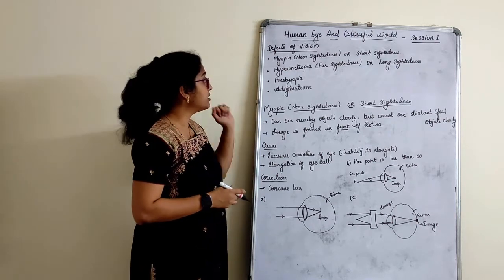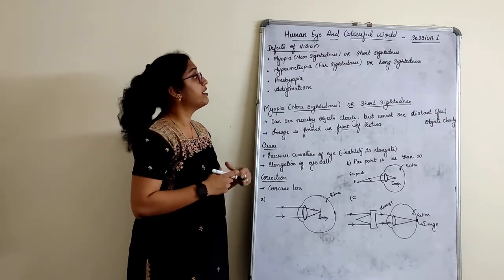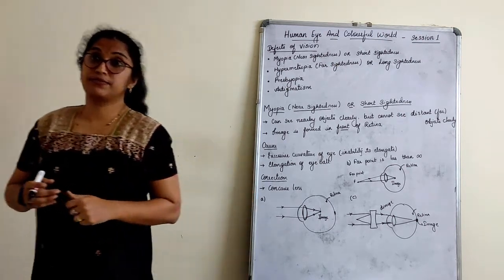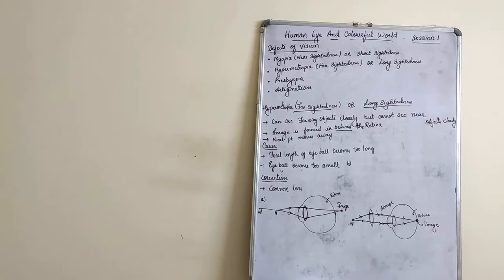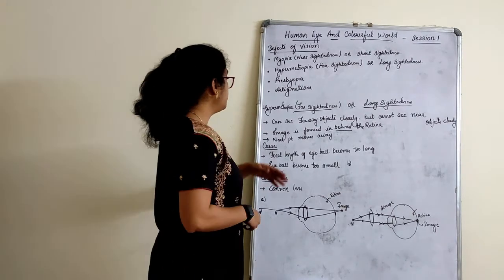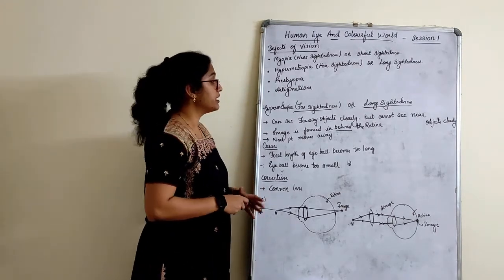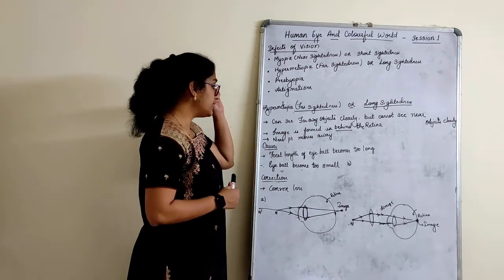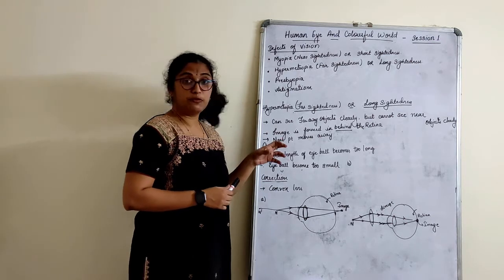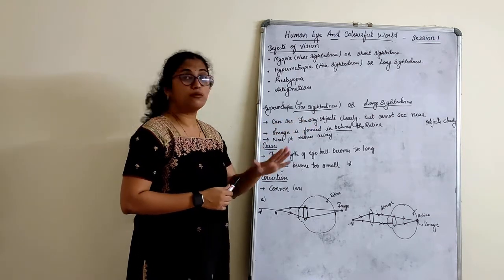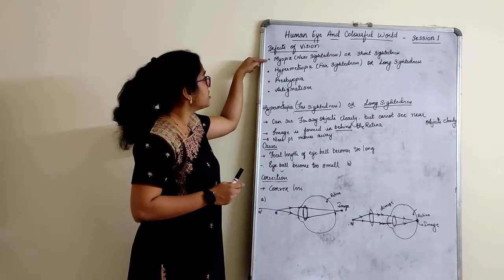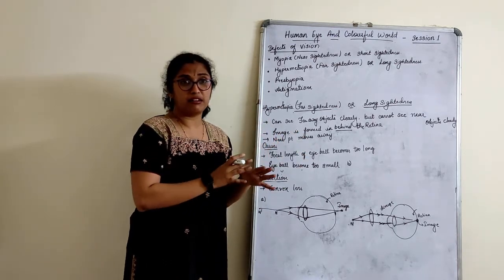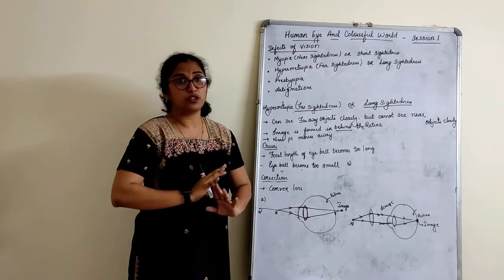Let's see now what is hypermetropia, that is far-sightedness, also known as long-sightedness. So here a person with a hypermetropic eye can see far away objects very clearly. Children, it is just the opposite of a myopic eye. Remember myopia very clearly, and you will remember hypermetropia. So no doubt in that.